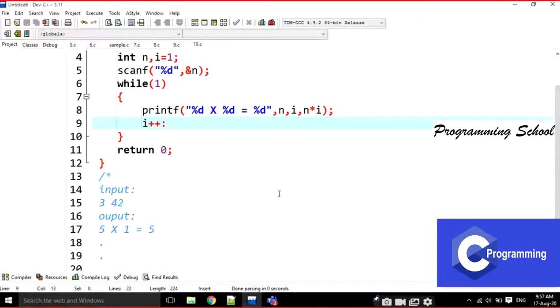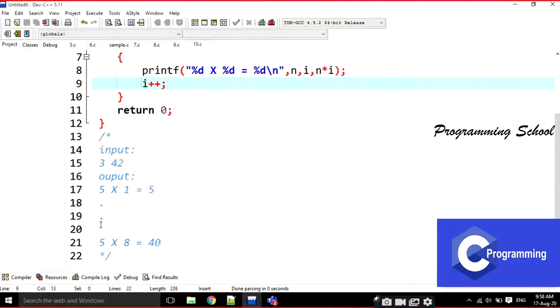But when you use this loop, it is going to print all the values. That means it is going to print 5 ones, 5 twos, 5 threes, up to infinite times. Always it is going to be repeated. Where do I have to stop, anyone? Where do I have to stop?